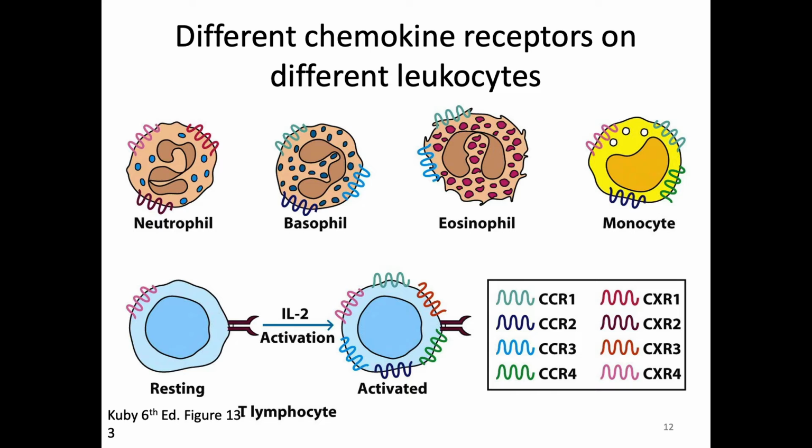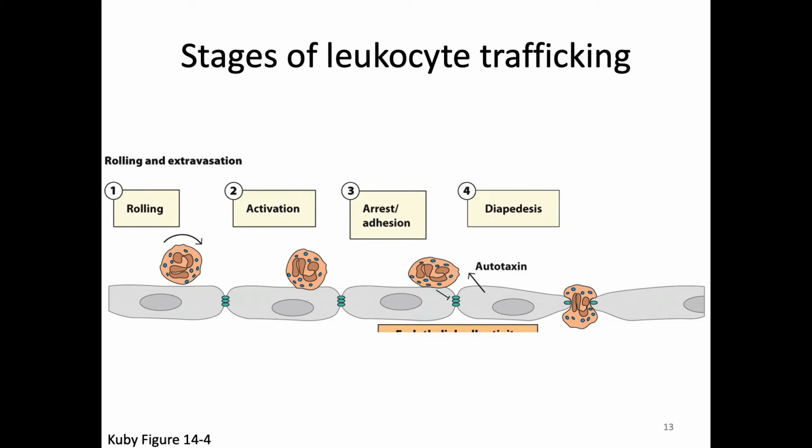As I said, the cell will receive a number of signals through those chemokine receptors to act on the cell. But the main thing I want to tell you about is the signal that's going to allow us to turn on the protein we need next. So that chemokine receptor activation is going to allow us to turn on the protein that we need for this